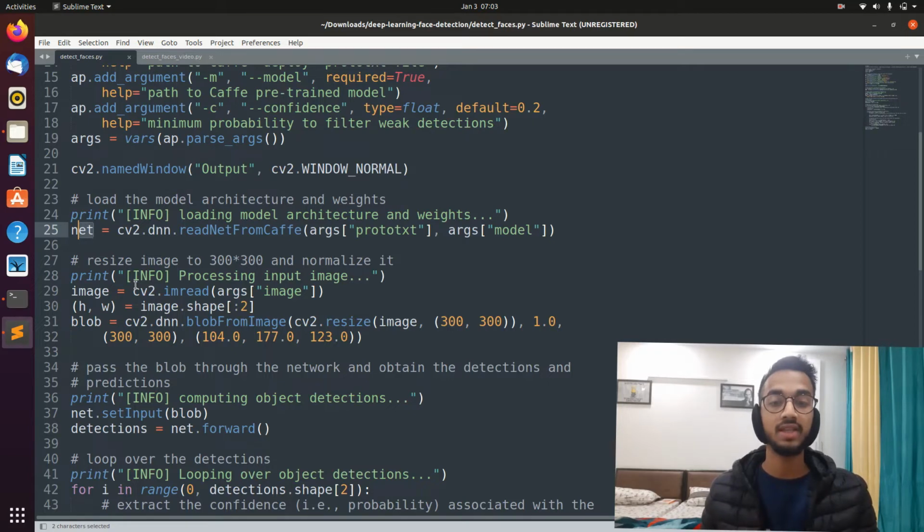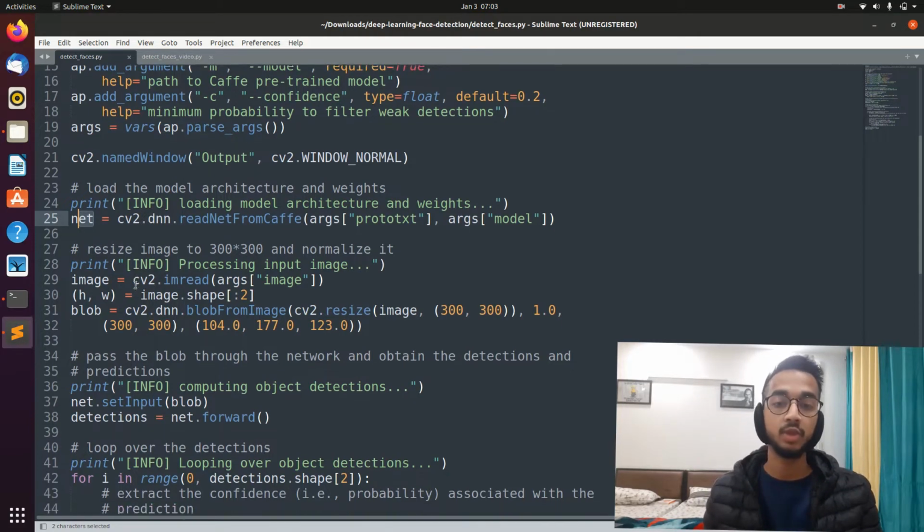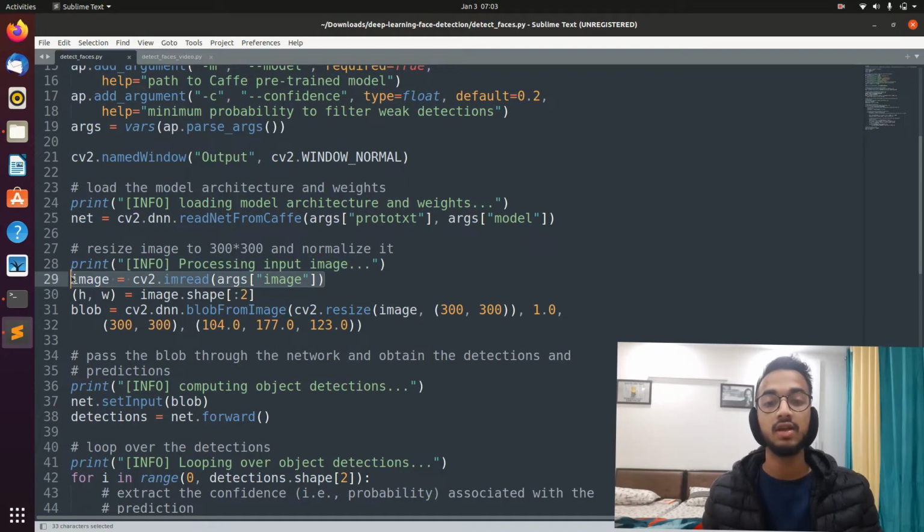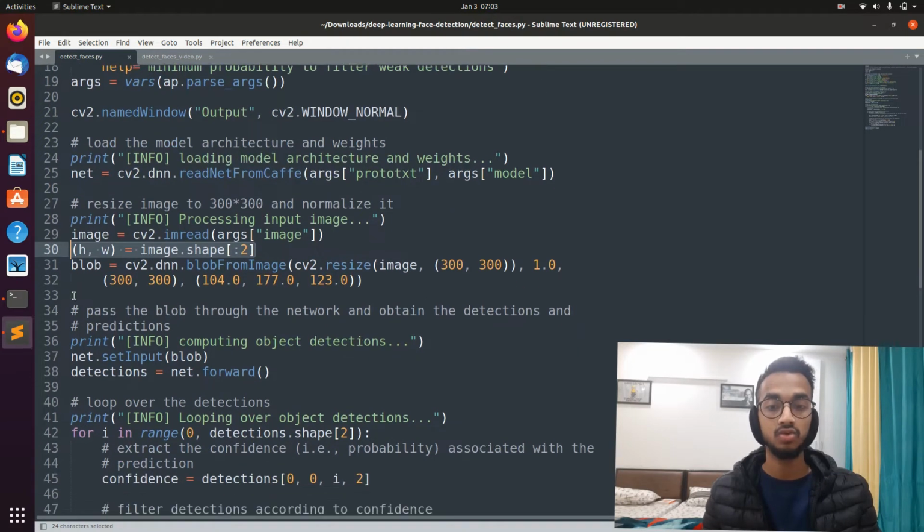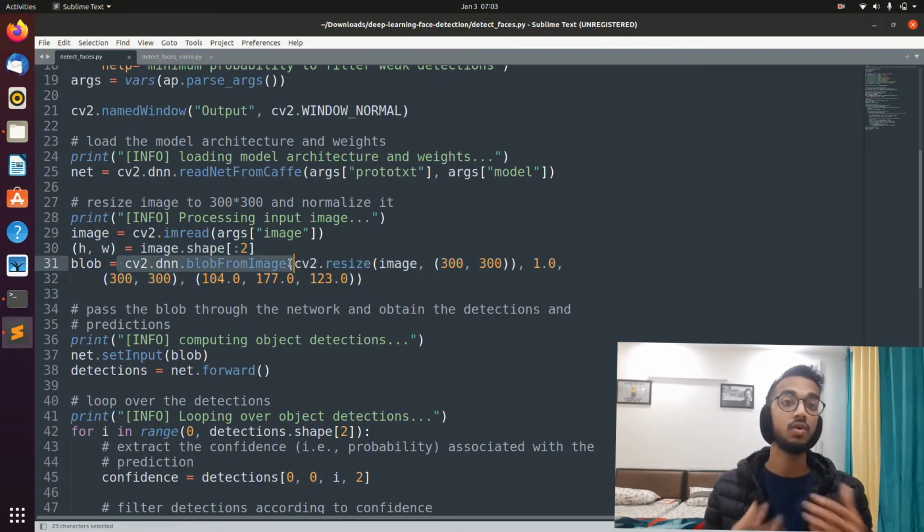Before directly providing the image, we have to do some processing. So basically we are first gonna be reading the image over here, and we're fetching the height and width of the image, and basically gonna resize it using blobFromImage. The reason it's required is because the original ResNet model would have been trained on a certain size of image. So in this case, it was trained on 300 by 300 images, and it was also normalized by using certain mean and standard deviations, and we also are gonna pre-process it the exact same way to get the best results.